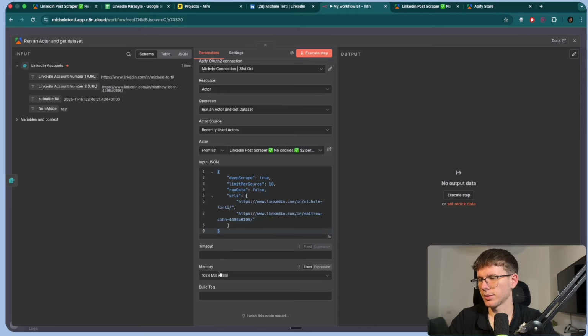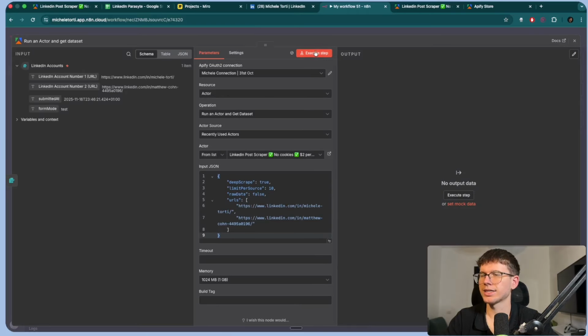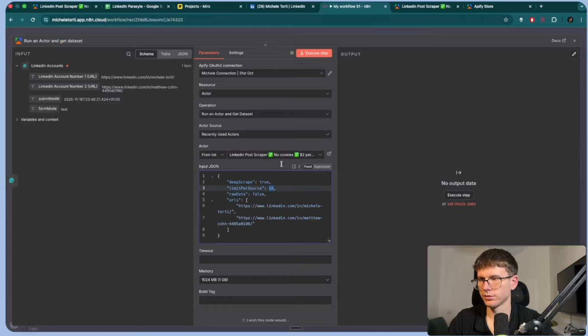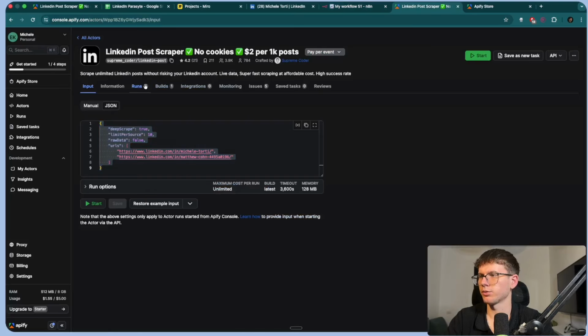And then leave this memory as 1024. Timeout is fine. Build tag is fine. And now let's actually test this. So we're scraping right now my profile and Matthew's, and we're saying that we want 10 posts per profile. Yeah, cool. So if I press execute step, what this will now do, as you can see in runs, is